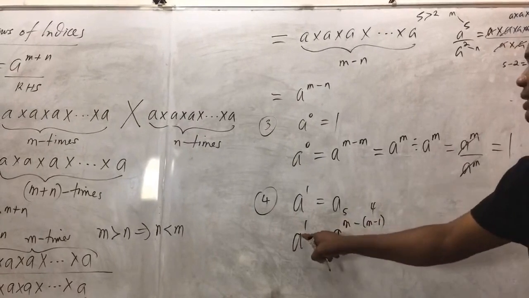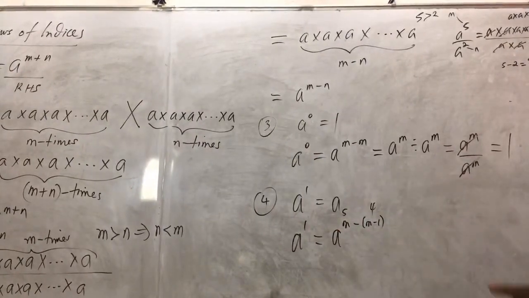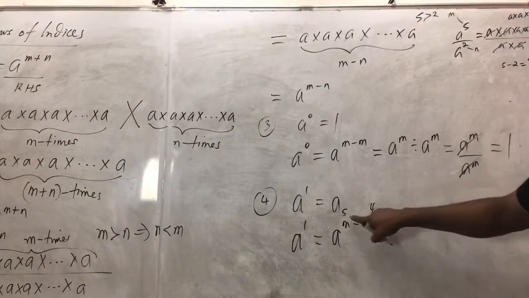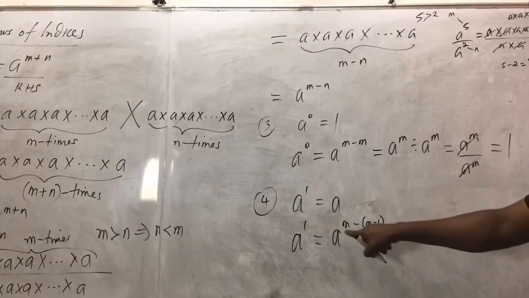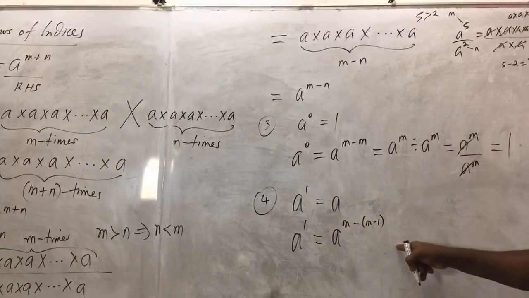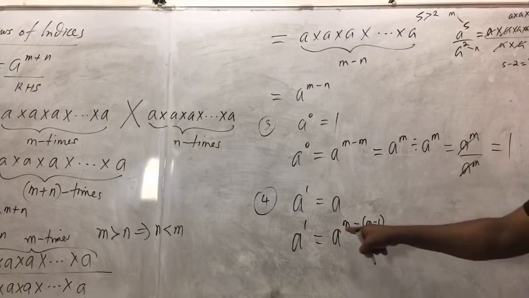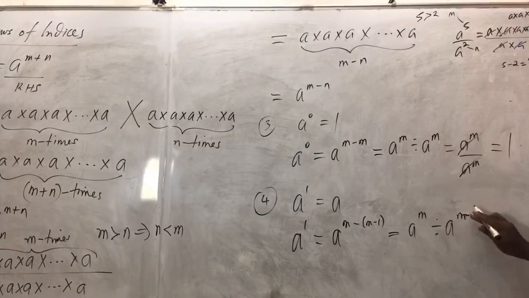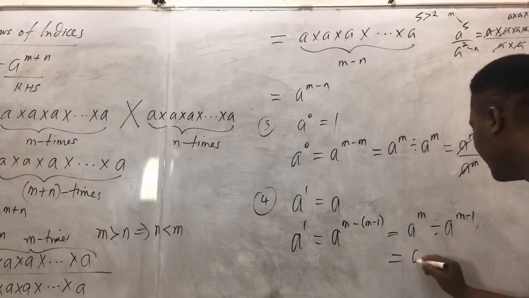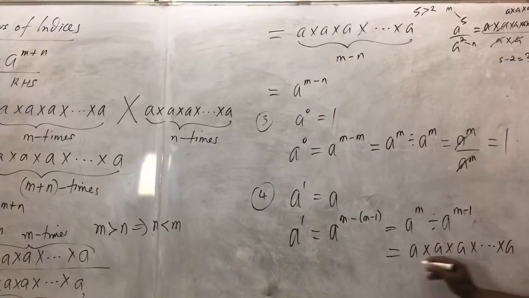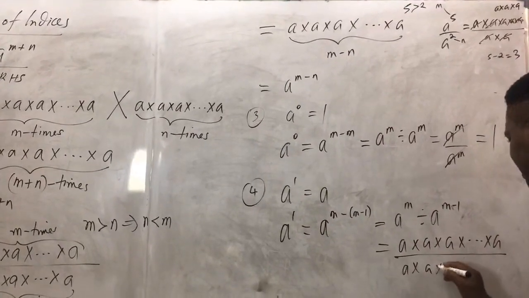So, one way to write a raised to the power 1 is like saying a raised to the power 5 minus 4, a raised to the power 6 minus 5, a raised to the power 3 minus 2, which is the same algebraically as writing a raised to the power 1 as a raised to the power m minus in bracket m minus 1. Okay? And that will give you a raised to the power m divided by a raised to the power m minus 1. So this means that if there are m a's in the numerator, and there are m minus 1 a's in the denominator,